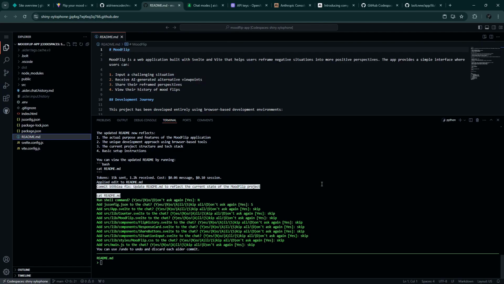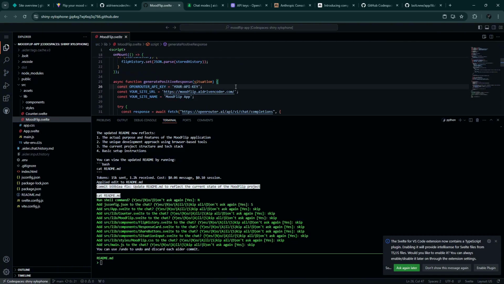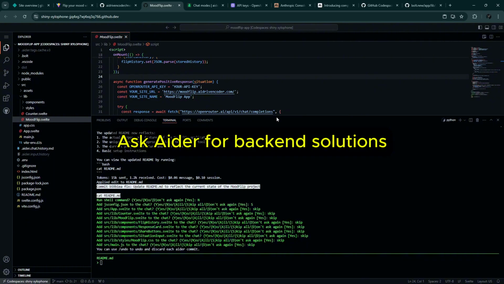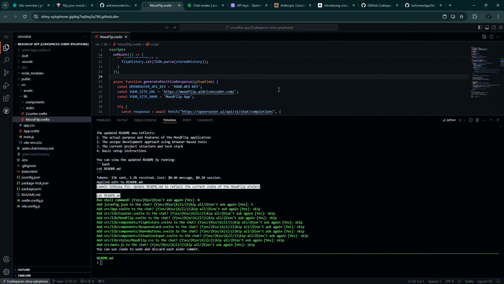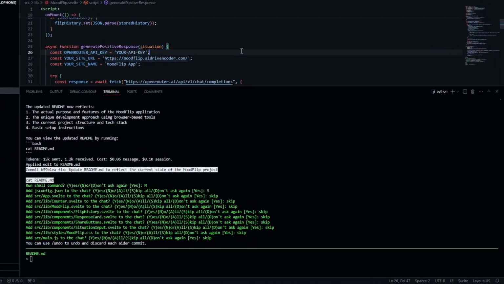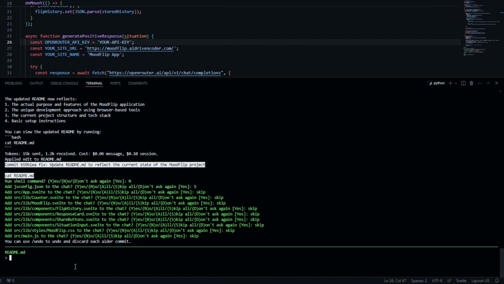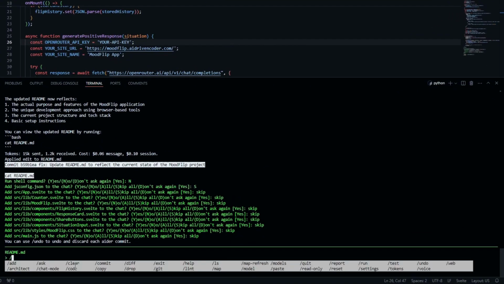Our current setup exposes the API key in the front-end code at this component. I have demonstrated how to retrieve the key using the browser in my previous video. You can check it out. So let's ask Aider about the best back-end solution for our needs. Just pretend that we don't know what's the best back-end tech stack to use in our app. Asking AI this way is helpful if we don't have an idea of what to do next. I will clear everything here because we are starting a new task.